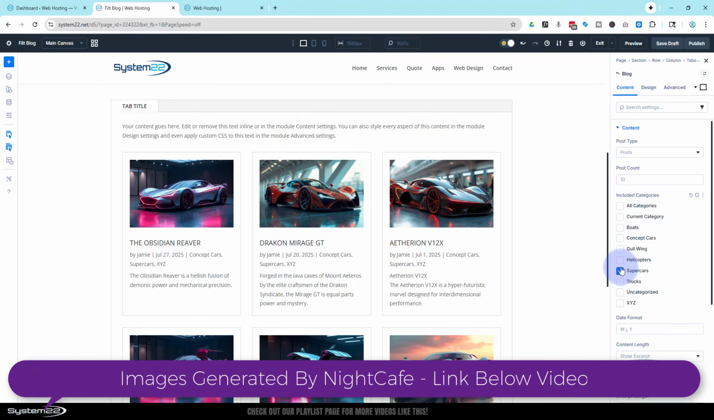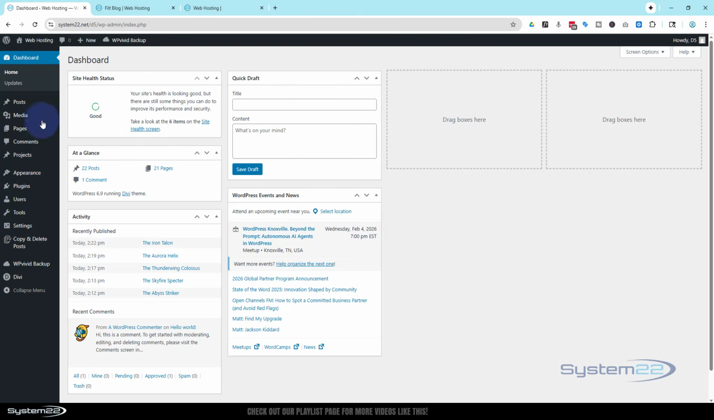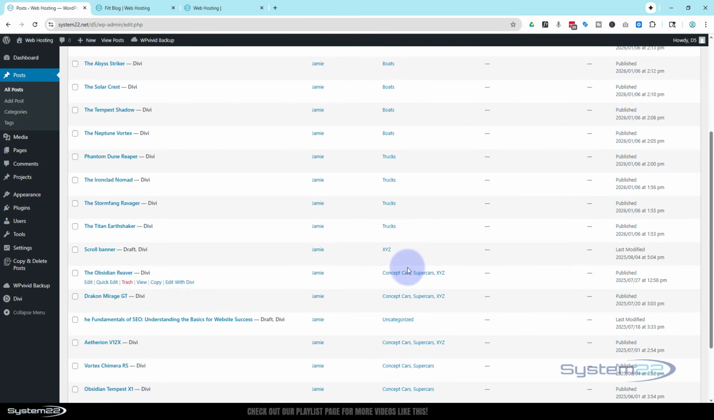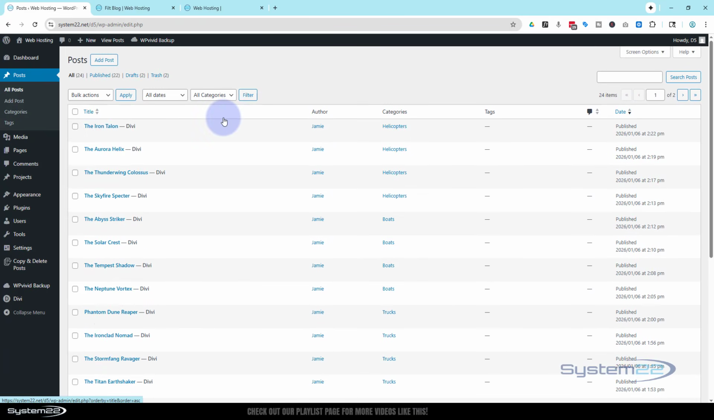Now, before I go any further, this is pulling in from the blog posts that we've created on this site. For anybody that doesn't realize that, I'm sure most of you do. If we go down to our dashboard, for this to work, you must have created some posts. So we go down to posts. As you can see, I've got a lot of published posts here. They've got various categories of helicopters, boats, trucks, concept cars, supercars, etc. If I go into one of these,